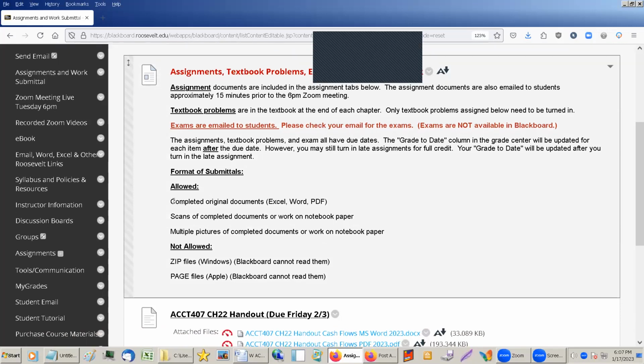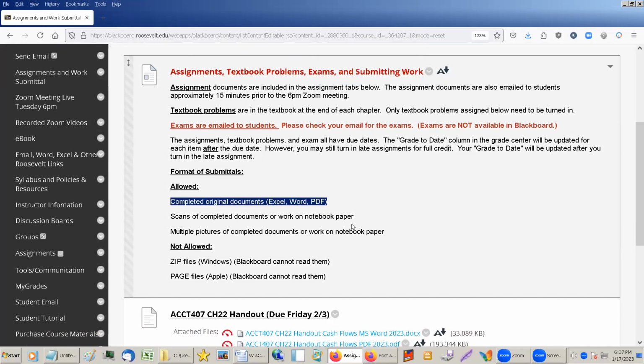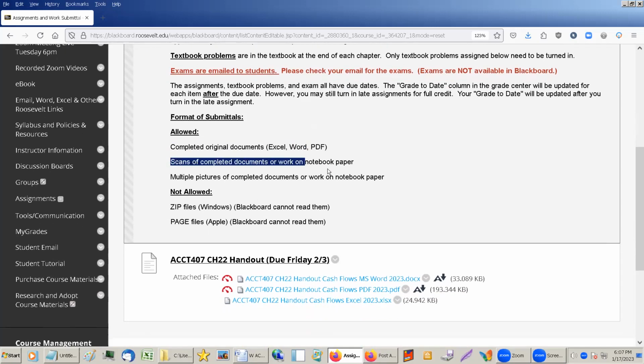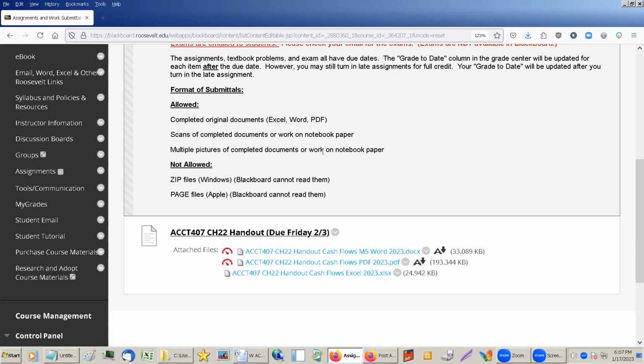Format for submittals. You can either complete the document, for instance, type your answers right into the Excel, Word, or PDF file. You can scan the documents. If you print out the document, fill it in, and scan it, or write on notebook paper, that's fine too. You can also take multiple pictures of the documents or of the work on notebook paper. I kind of wrote that funny, but anyway,